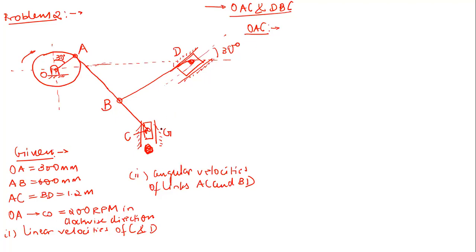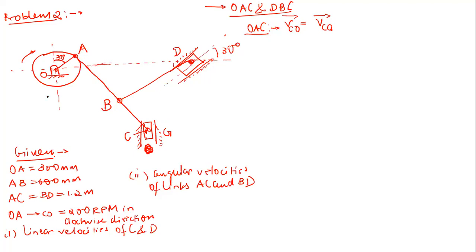So now you can write down that, see, this A is known. So what is the next point in this mechanism? This B, right? So this point is common to this also. So let us leave this point, right? So just go to the next point, that is this point C. So now, first of all, you simply write down that velocity of C with respect to O is equal to velocity of C with respect to A, right?